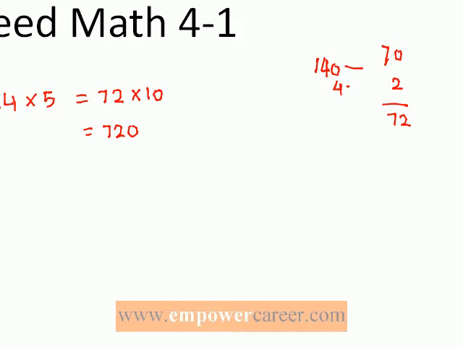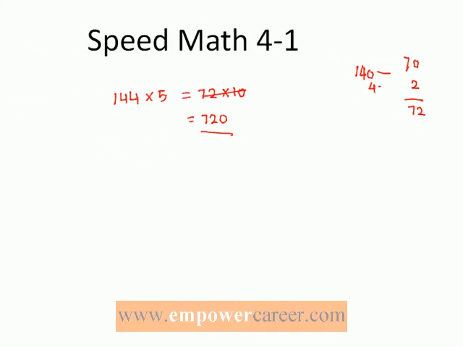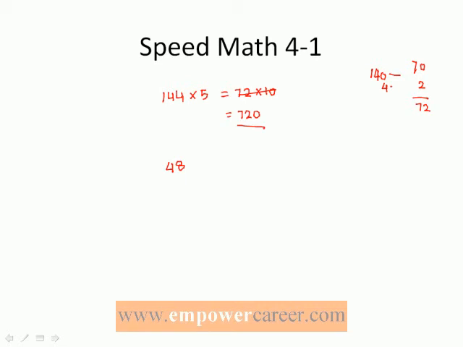With just a little bit of practice, you'll not even need to write the intermediate step. You'll simply land up with the correct answer. Let's take up a still larger number. 486 times 5. Okay, 400 halved is 200. 80 half is 40. 6 half is 3. So I have 243. As I said, you don't need to write the intermediate step. The half was 243, so all you need to do is write down the half and follow it up with a single 0. That's it. That's your answer.